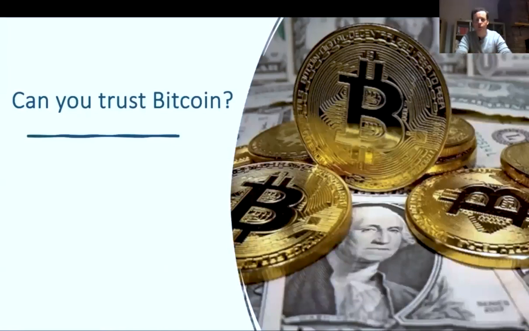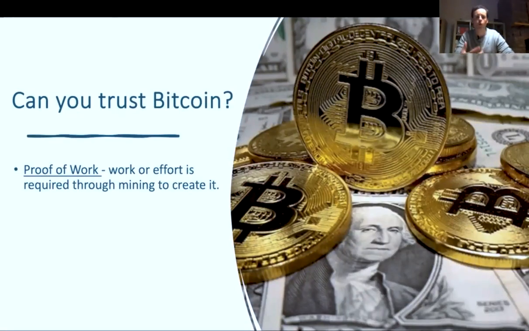So is that the same with Bitcoin? The short answer is no, because as we saw in my introduction to crypto video, the first part, Bitcoin is proof of work. So work or effort is required through mining to create Bitcoin. A bit like with gold, it requires effort to mine gold, whereas just creating money with no effort adds no value to the economy. In fact, it's quite the opposite, as we'll see soon. Bitcoin also can't be counterfeit, and we've seen this before, because everybody has a copy of the ledger, so it wouldn't match if you tried to edit it, and your edited fake counterfeit Bitcoin would just be cancelled because it didn't match everybody else's.